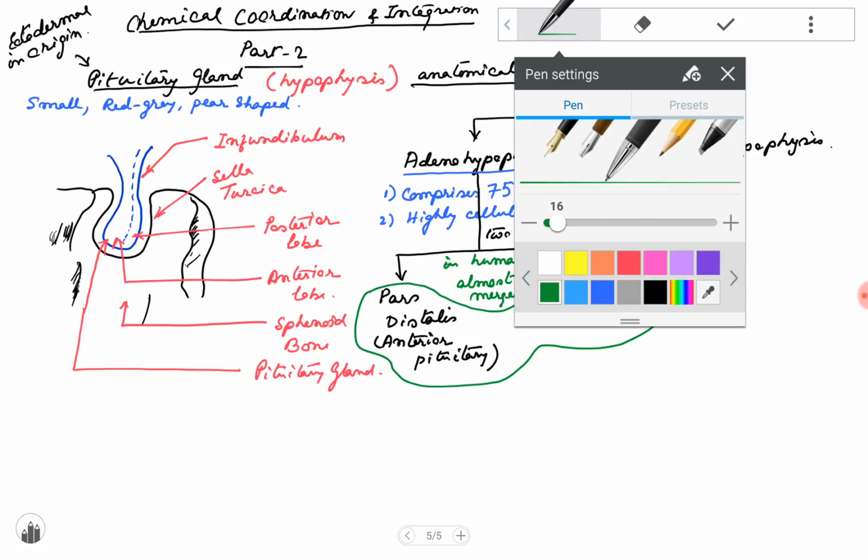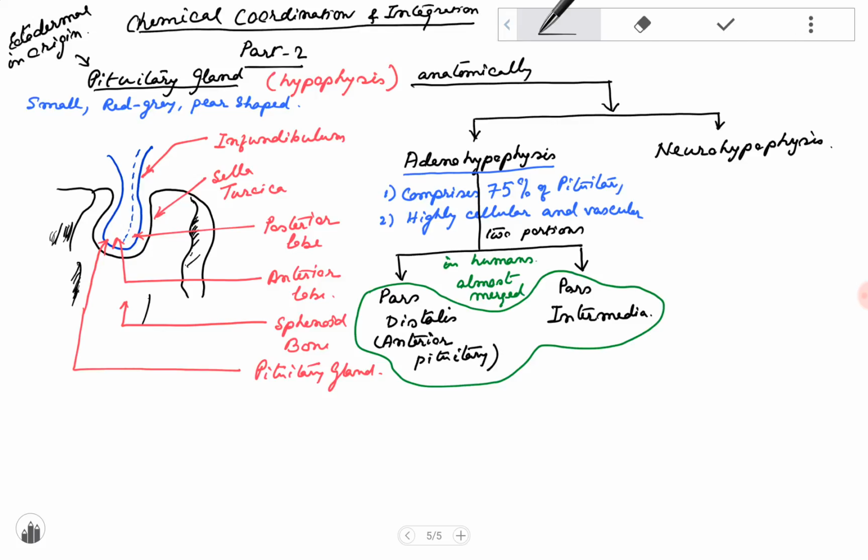Now, pars distalis of the anterior pituitary produces hormones such as growth hormone, prolactin (PRL), thyroid stimulating hormone (TSH), adrenocorticotropic hormone (ACTH), luteinizing hormone (LH), and follicle stimulating hormone (FSH). So let us now write over here. It produces